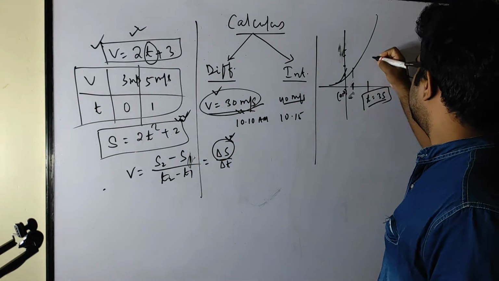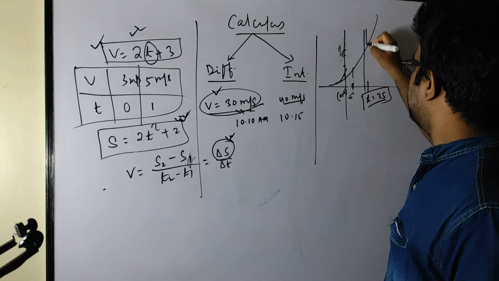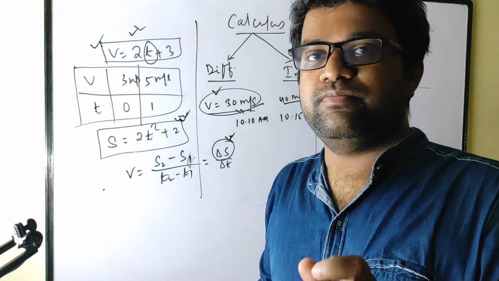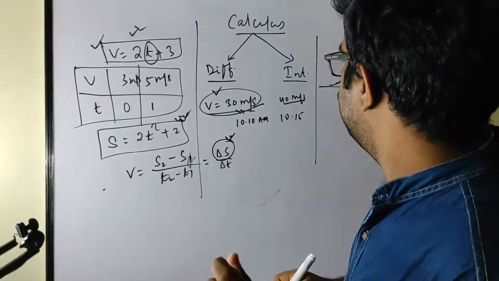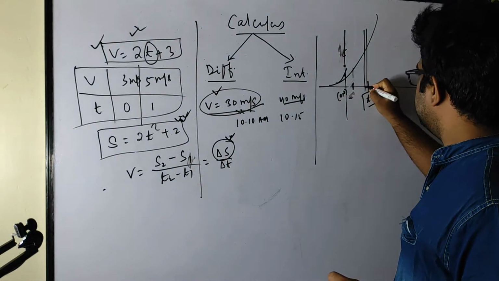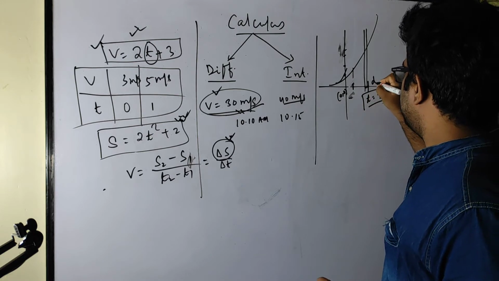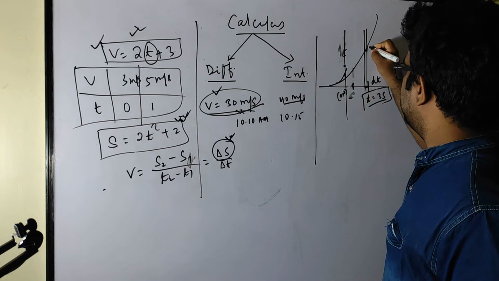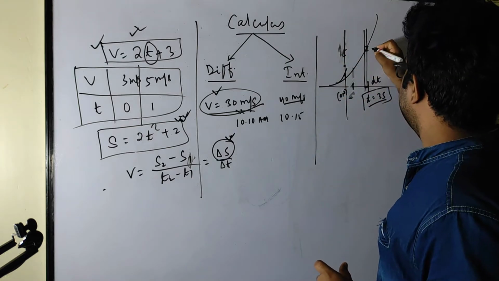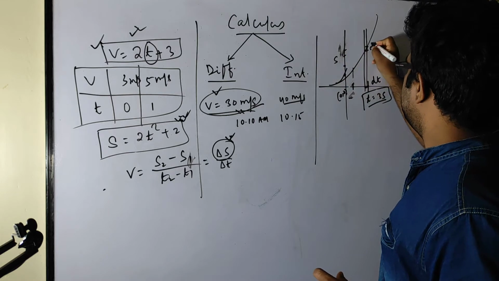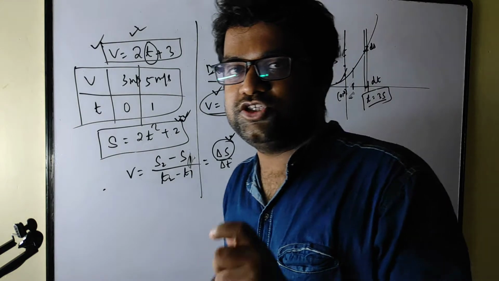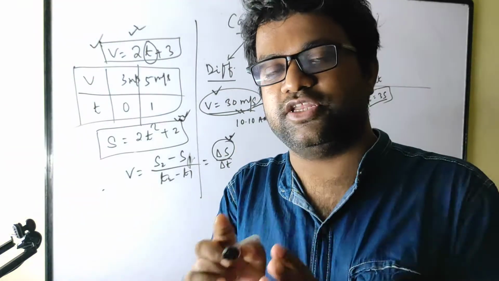Basically, we cut the graph into pieces and get the information for a small portion. So for this time interval, let's write dt, and the height difference, suppose this is s, will be ds. So ds by dt will give you the information at that particular instant.